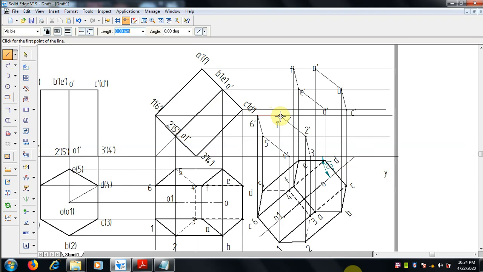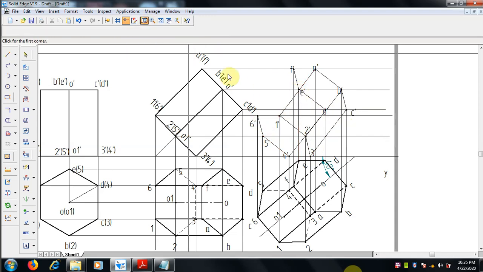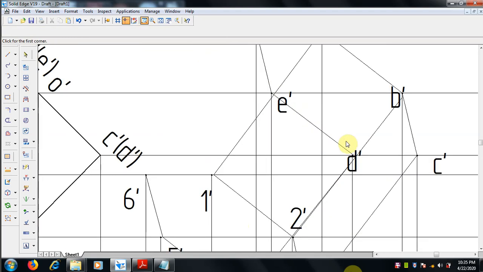Okay, next we have to join the side lines. 1 to A and 2 to B, 3 to C, 4 to D, 5 to E. Exactly, zoom it and we can mention. No confusion should come.